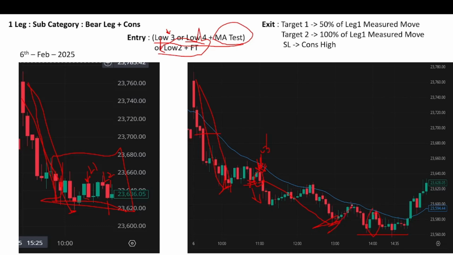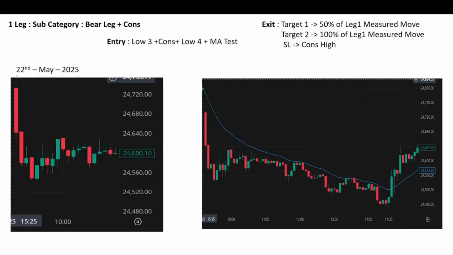So when the market tries to reverse here, that would be your sign to exit, or when it tries to reverse here, it would be your sign to exit, or when it's consolidating here, you can exit there as well. You can keep the trailing SL as 2 consecutive opposite strong bars or 3 consecutive opposite bars, or you can just keep Supertrend 11,1 as your trailing SL. That is also okay.